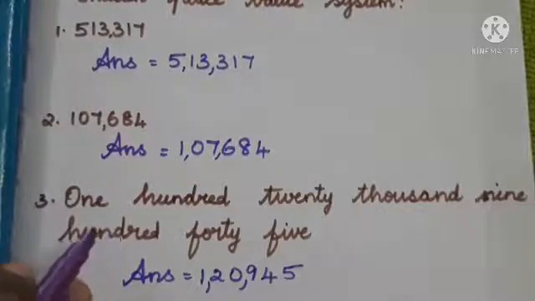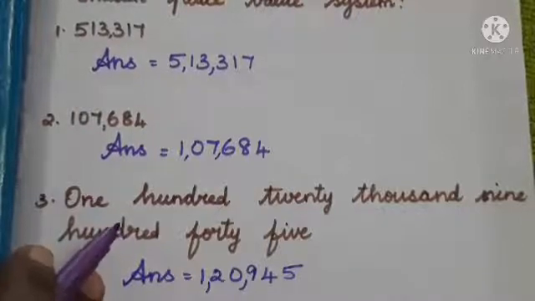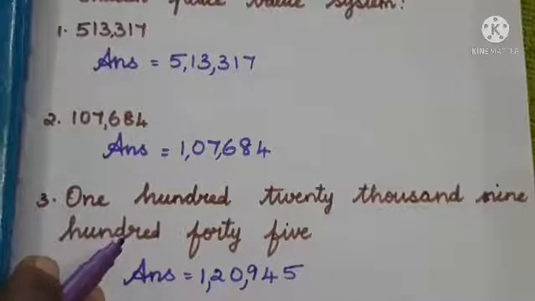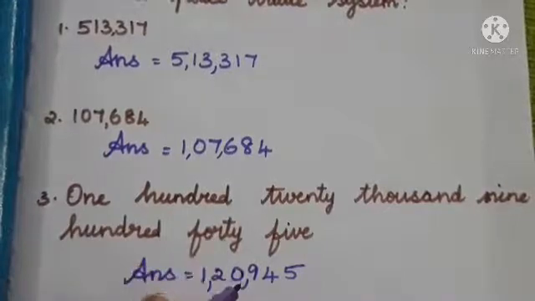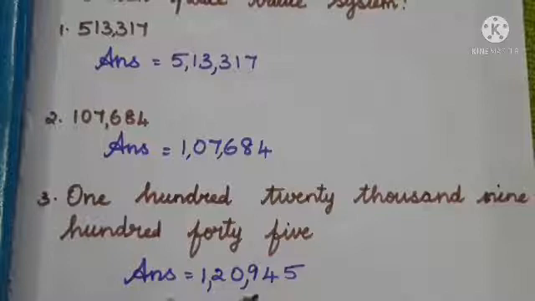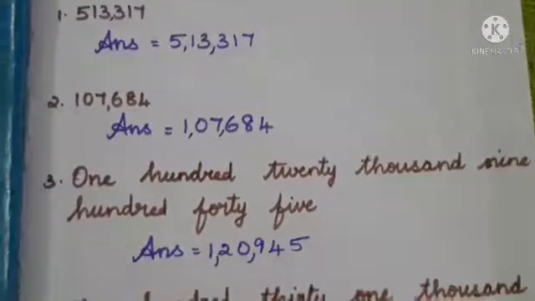Here in the question they gave the number in the international system number name form. We want to change the number name into numeral form and change it into Indian form. Now we have changed the number into Indian form. Have you understood this? I hope you understand. Then look at the next problem in this Roman number.